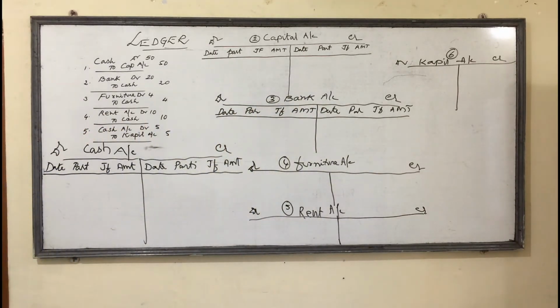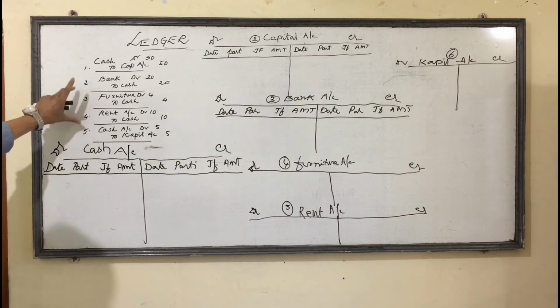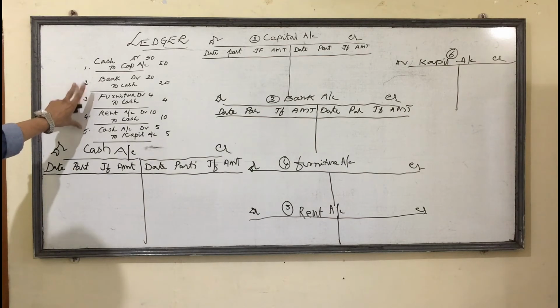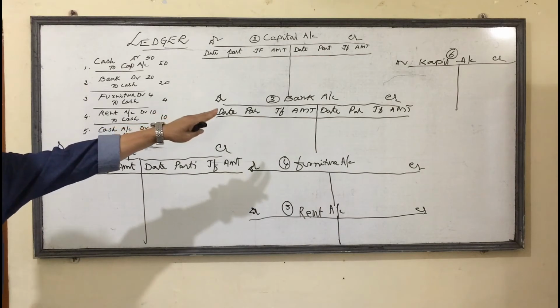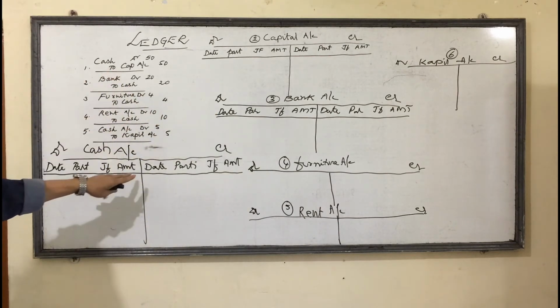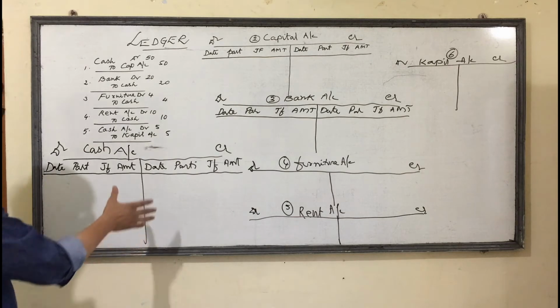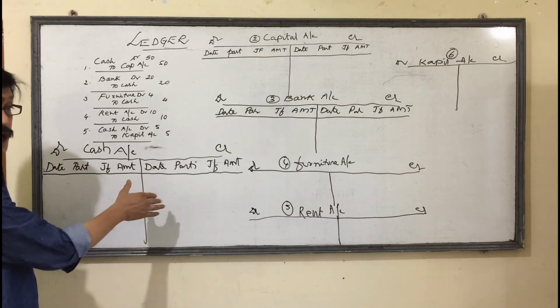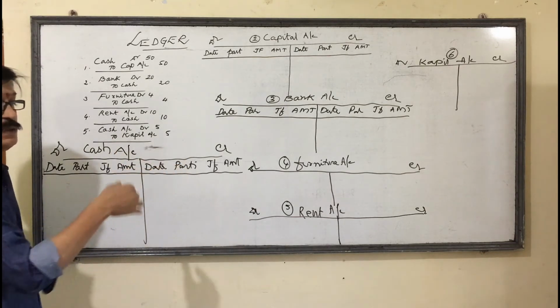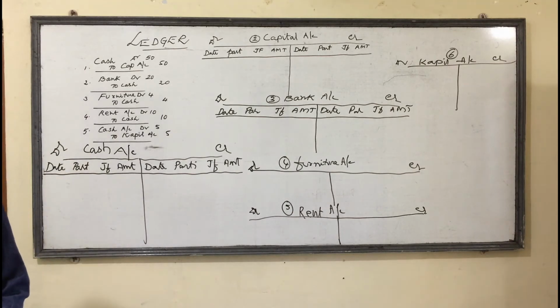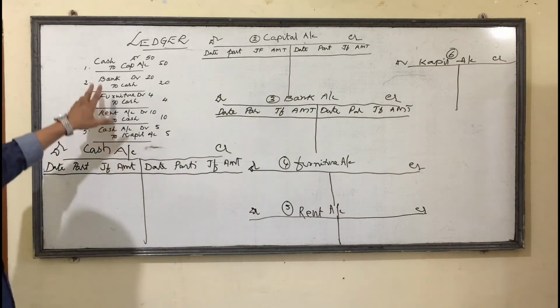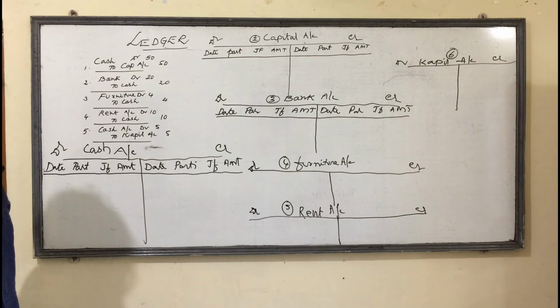Well, once again, after journalizing, these are all journal entries. After journal entries, we have to prepare ledger accounts. Number 1, cash account, capital account. In such a way, for every one aspect, one account is maintained. Understanding or not? Now, how to post into the ledger accounts I am explaining. Please listen sincerely. Here, first one is cash account.